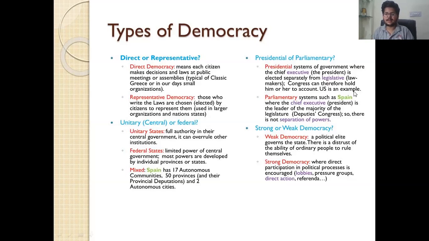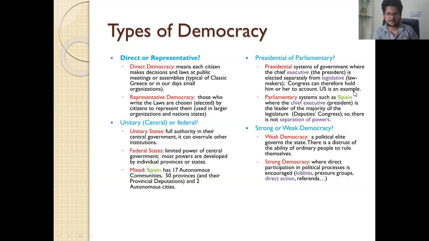Like I told you, in the parliamentary form of democracy, there is no separate election for the chief executive head of the state or the government and the legislative body. An example is Sweden. Sweden has a chief executive head, who is also elected among the legislative members only. Okay, and the person who gets the majority in the legislative body is elected as the chief executive head of the state or the government.